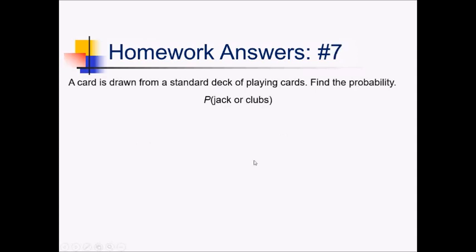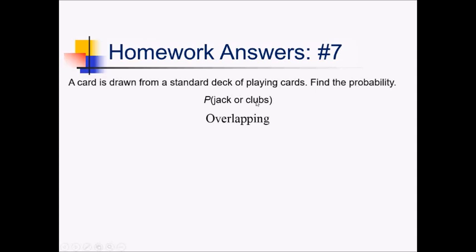For this one, we want the probability of drawing a jack or a club from a standard deck of cards. Since we're dealing with "or," we have to see if these are overlapping or mutually exclusive. So let's see, can you be a jack and a club at the same time? Well, yeah, the jack of clubs is both. So these have a little bit of overlap, and we're going to have to subtract that